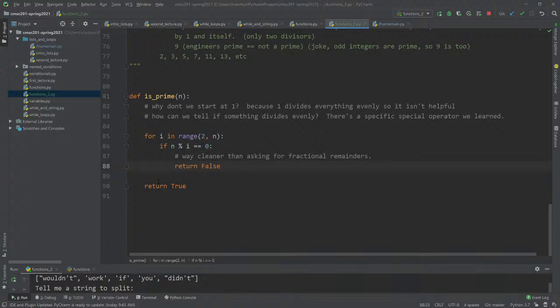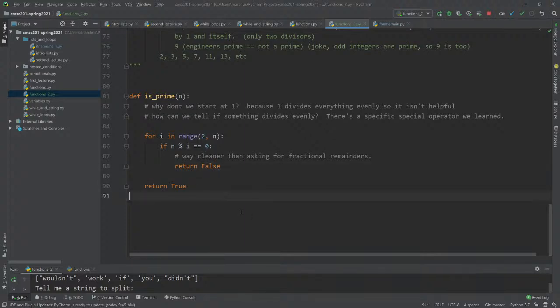So this for loop is going to run until we find out that it's not prime, and then we just boot out of the function. As soon as we hit something that makes it not prime, it instantly returns false. It never actually gets to here. So that's kind of the point.